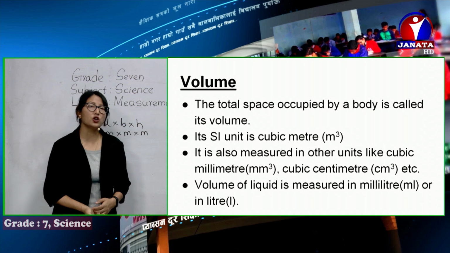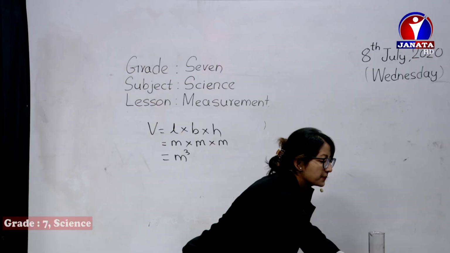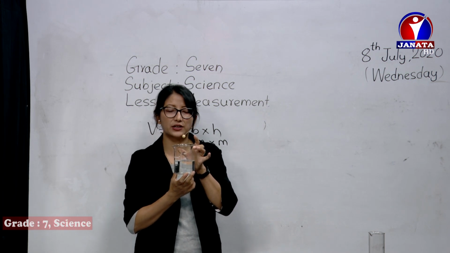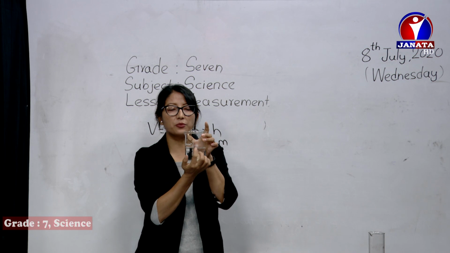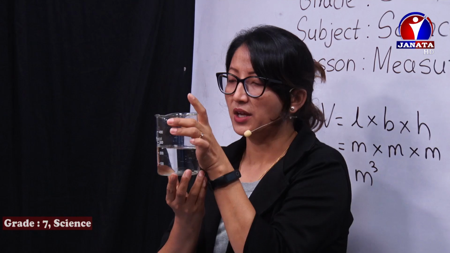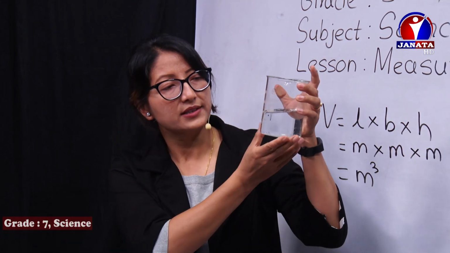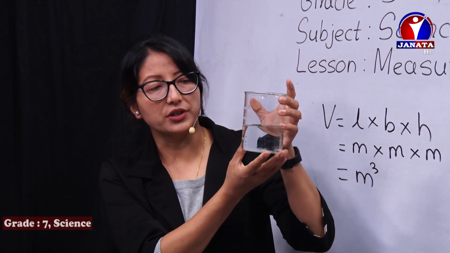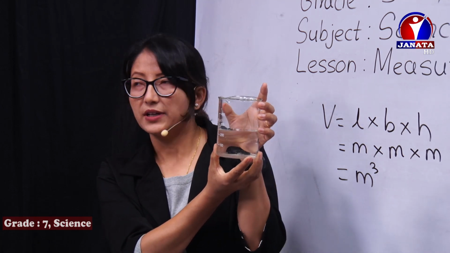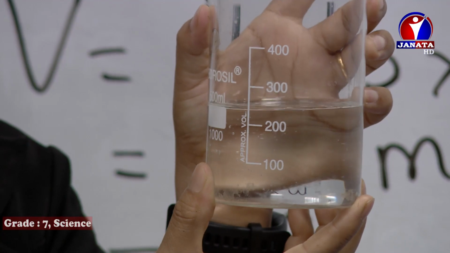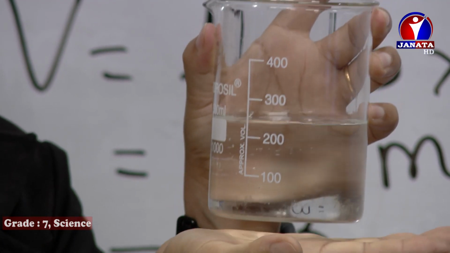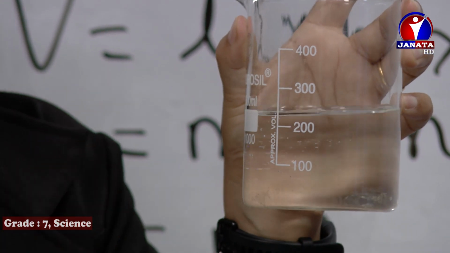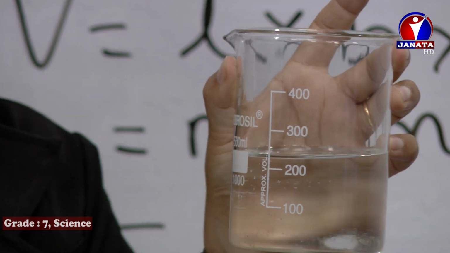And to measure the volume of liquid, we use different devices like this. We can use a beaker to measure the volume of the liquid. We keep the liquid in the beaker, and we can easily measure how much its volume is. See, how to measure also, we are going to learn, the correct ways of measuring. You can see over here, it's in between 200 and 300. Now I cannot say exactly how much it is right now, because we have to keep it in a stable position to measure it, and our eye level should be straight to the level of the water. The ways we are going to discuss again.